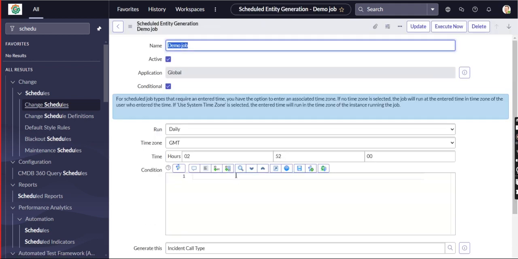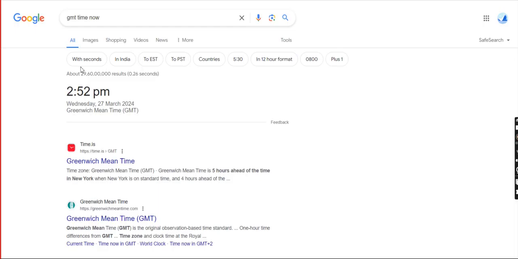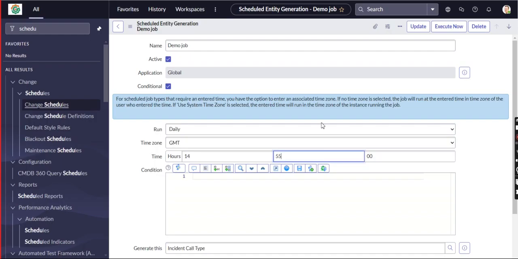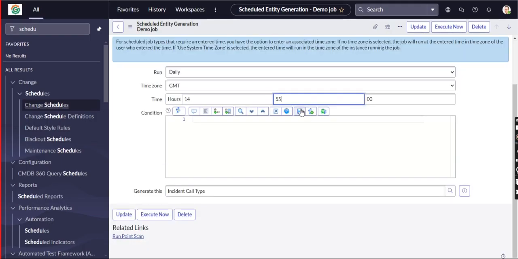So the demo job and our time is 252 here. Let us see that, 255. Yeah, update.